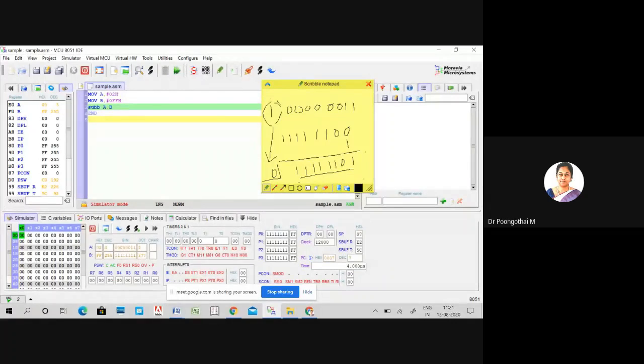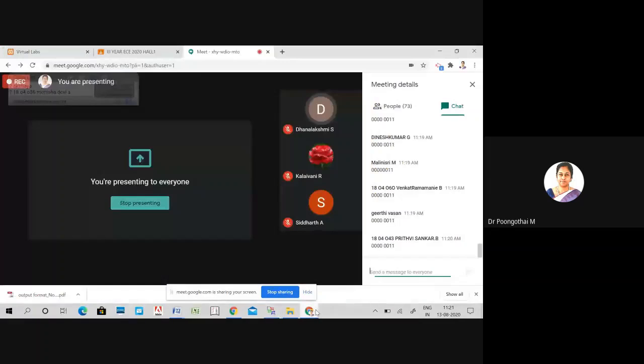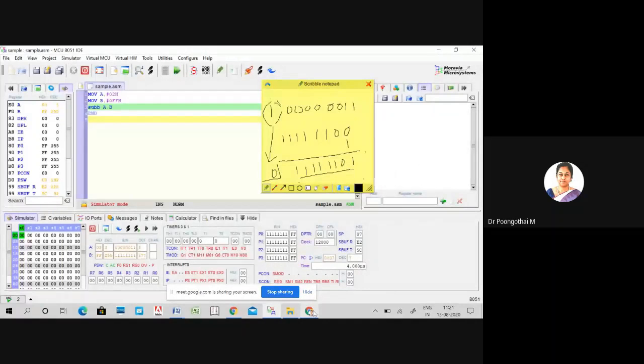So what is the true form of this subtraction? What is the exact value you are getting? Tell me the answer. So this is equivalent to FD. Yes, this is equivalent to FD.